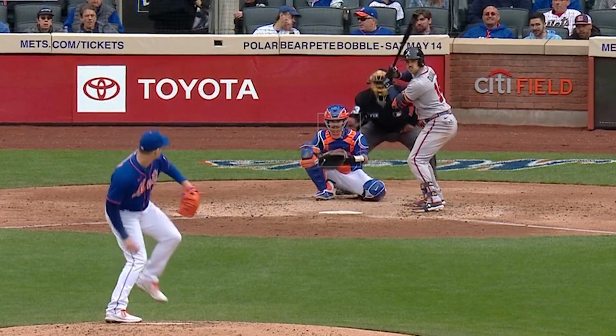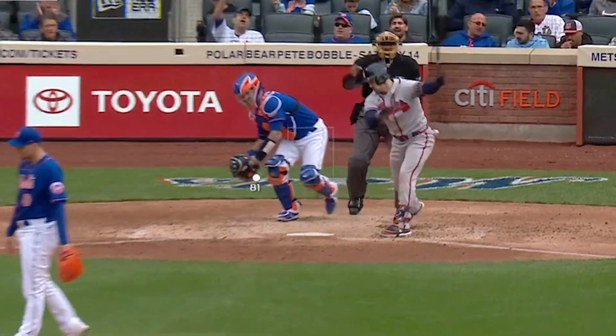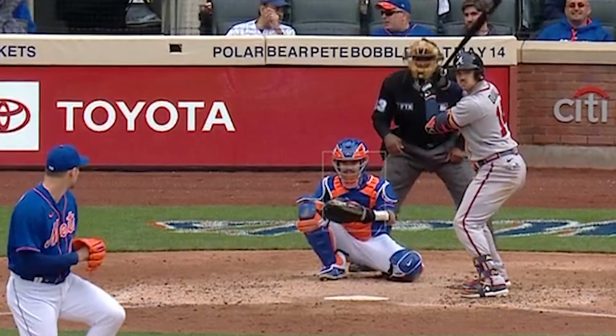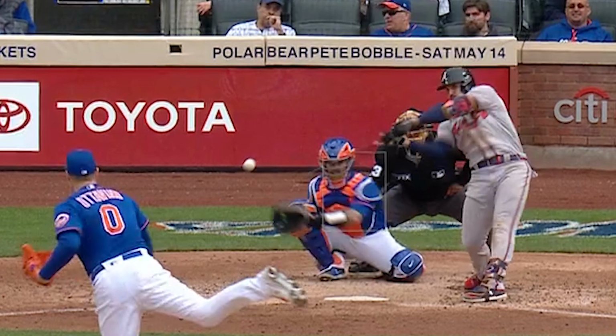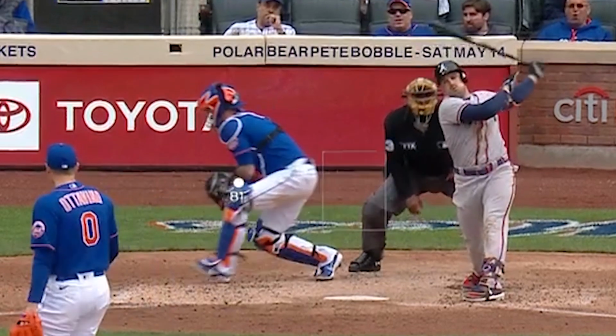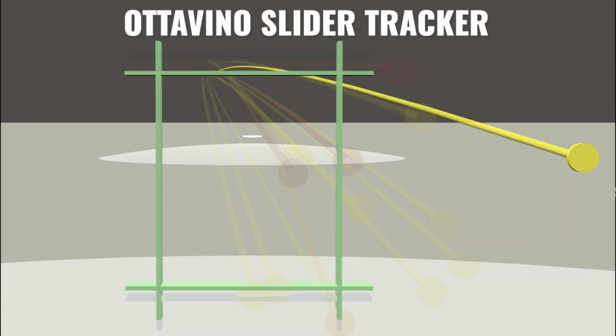Look at these sliders. They're like freaking UFOs. I mean, how much did Adam Duvall miss this slider by? It looks like 2 feet, 3 feet. Now, before you think Duvall is blind, I'm going to show you a little trick about what he may have been looking at. Adam Ottavino throws a sinker that can run up to 22 inches, and here's one he threw